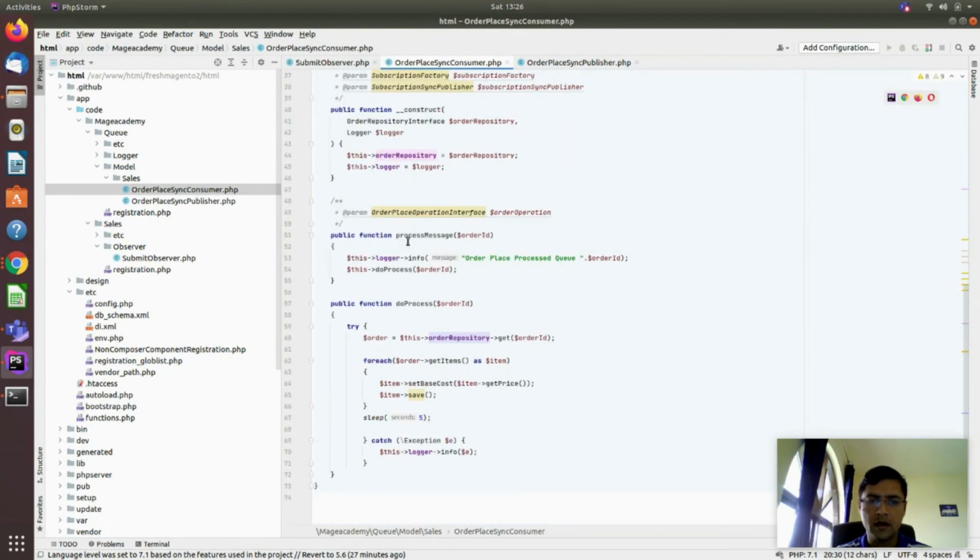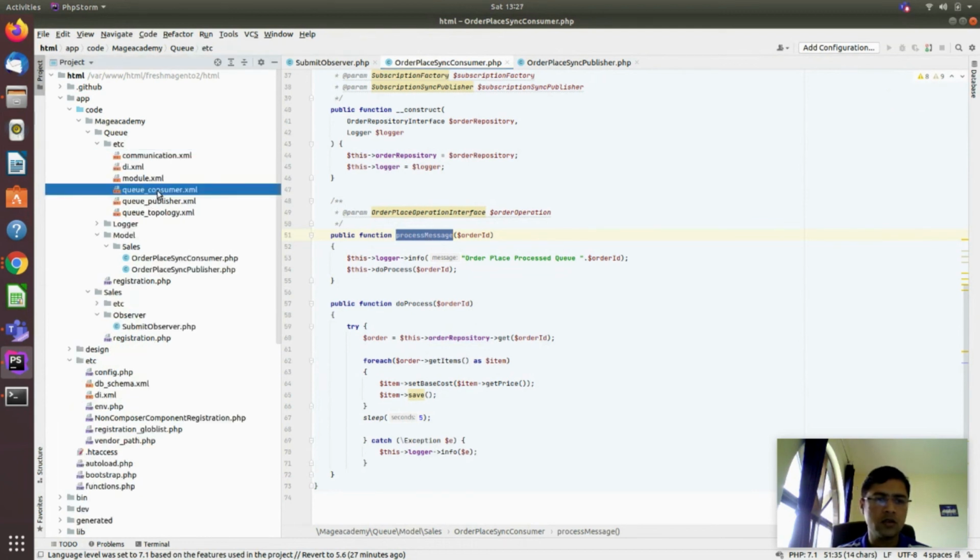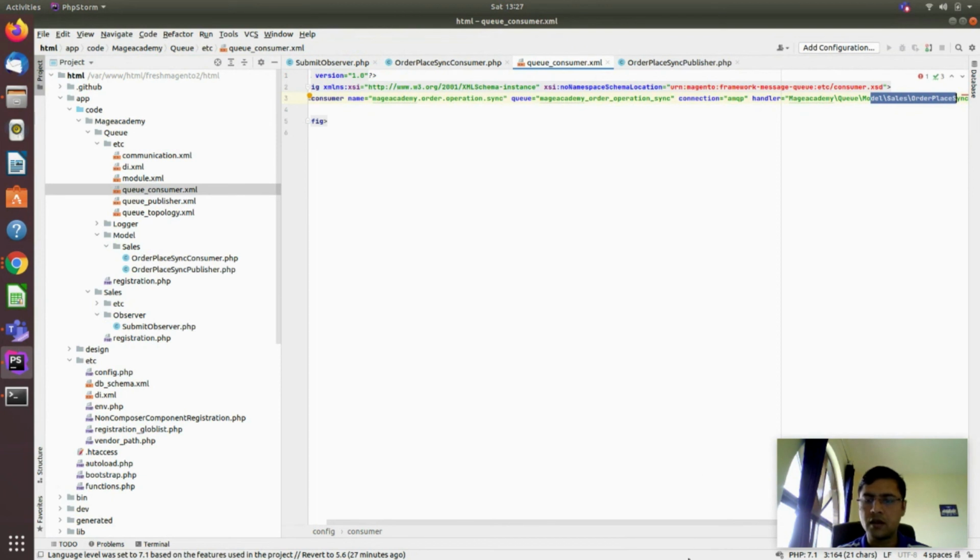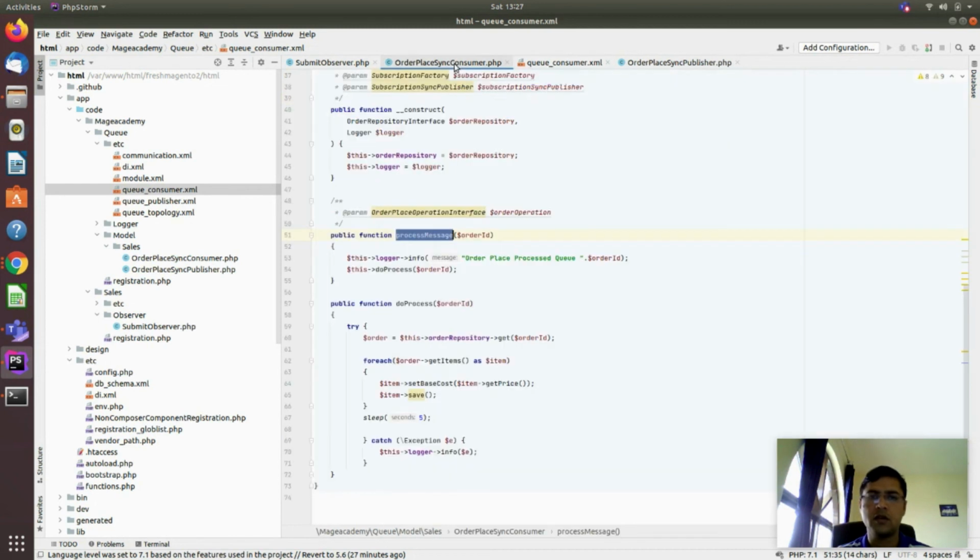This is the function which will do the process. In the consumer, we have defined the method name, which method I want to process. You can change it and use your method with any name. It is not required to use only process message, but you can use your own function name as well.